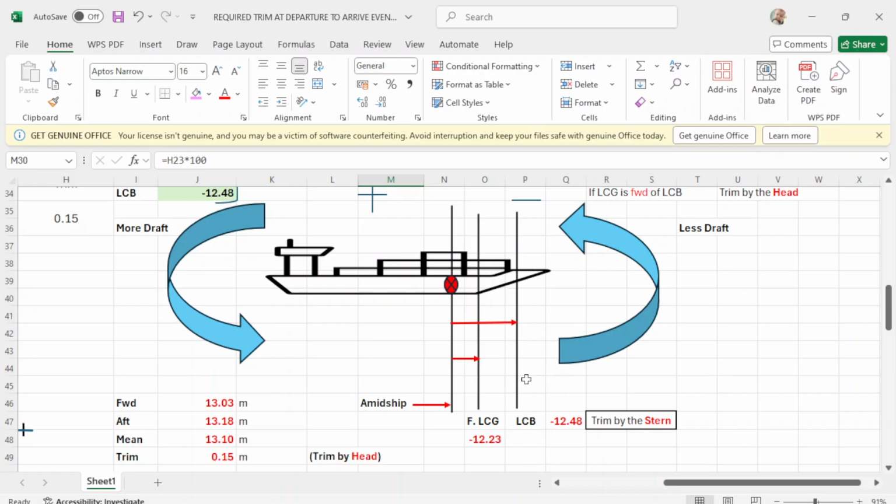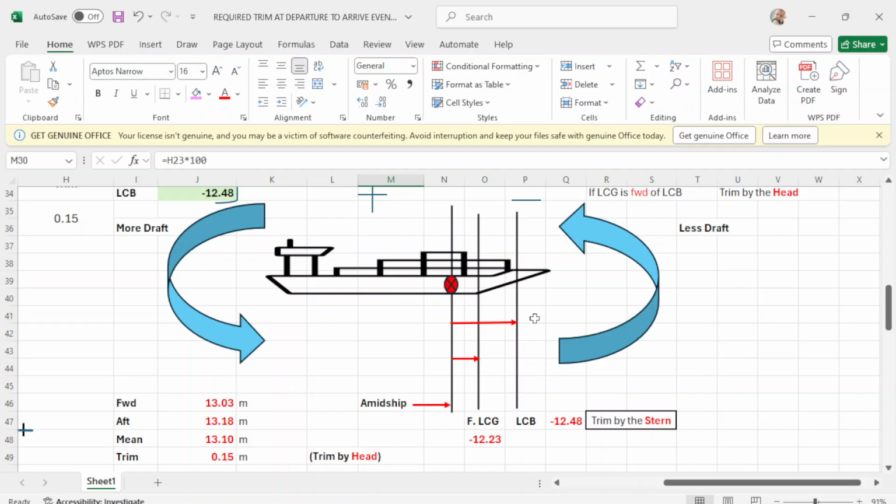The buoyancy here is to push the vessel up. When it pushes the vessel up, the direction of the vessel is to go counterclockwise. Since this is like a seesaw, when the forward part of the vessel goes up, the aft part will go down. It's like a seesaw. So this goes up, this goes down.